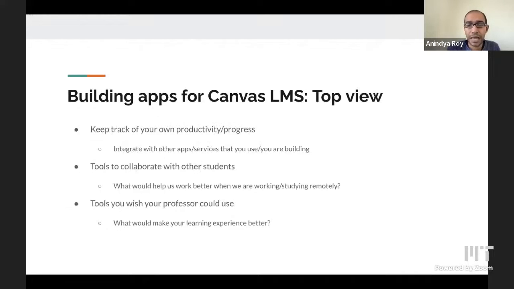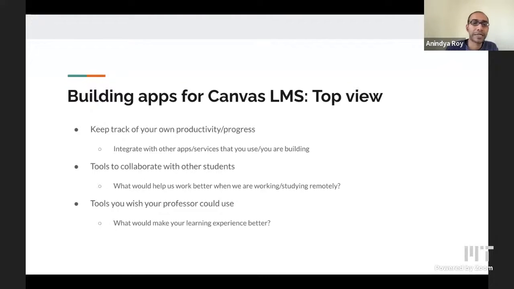I am just going to give some potential directions where you can make this, if you are so inclined on making something on Canvas. You can, for example, make some productivity or progress tracker type apps if that's important. There could be some niche apps related to very specific tasks, like, let's say, some kind of data visualization or graphing, where what you get from Canvas is not very useful.